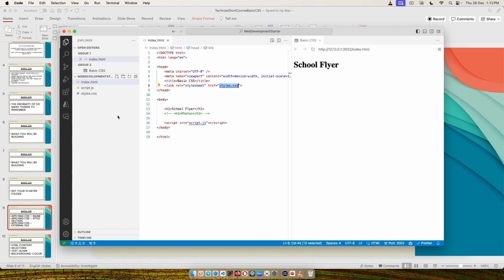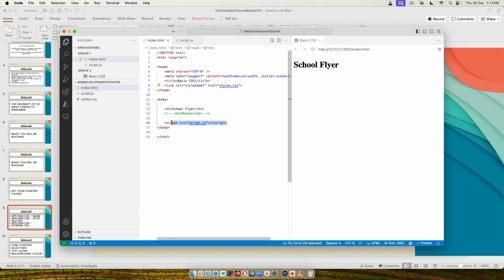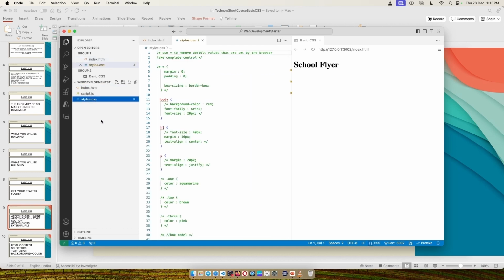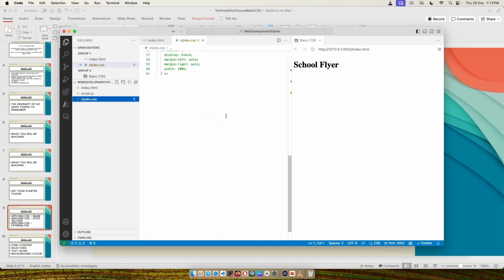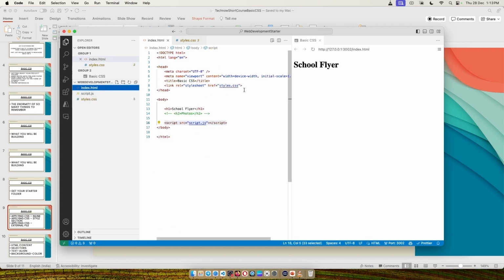Script.js is useful later, but if you want to, there you go. This is how we are linking the JavaScript file as well. Start noticing these things from now, because later when we start using them, it becomes very, very useful. And finally, create a file called styles.css, where you can include the styling CSS code for your HTML file, and that is included like this.